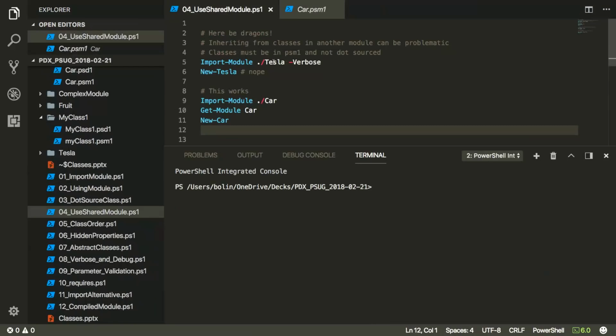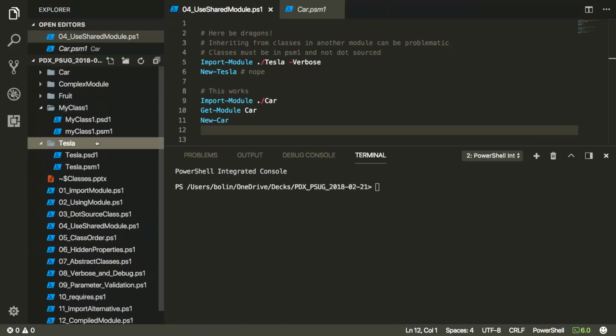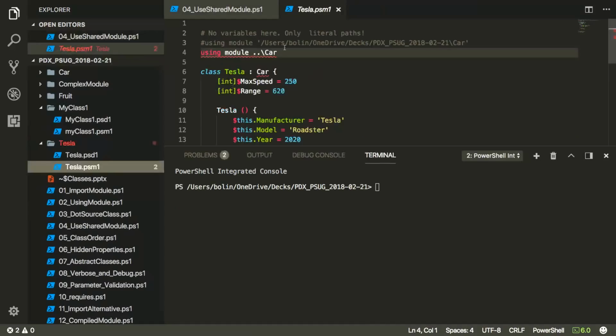What I should be able to do also is have those in separate modules. So I have a module with some base classes, and I have another module that I want to extend with additional functionality. You would think that would work. Oh, before I run that, let's just actually look at the Tesla class. And here I am saying